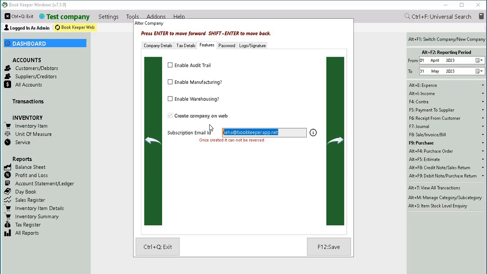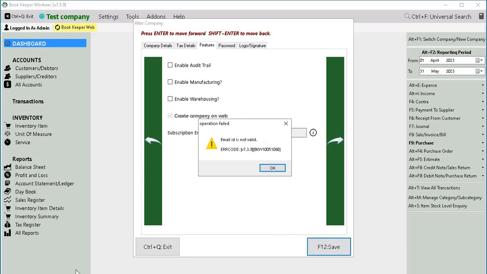Okay, so the next question is, if you finally bought a subscription but you end up buying it with a different email ID. This generally happens when we buy from a dealer, because the dealer will issue you a user ID here. So the question is, how can you transfer this trial company onto your actual subscription email ID? Can we do that? So the answer is yes. For that, you will need to visit our website,